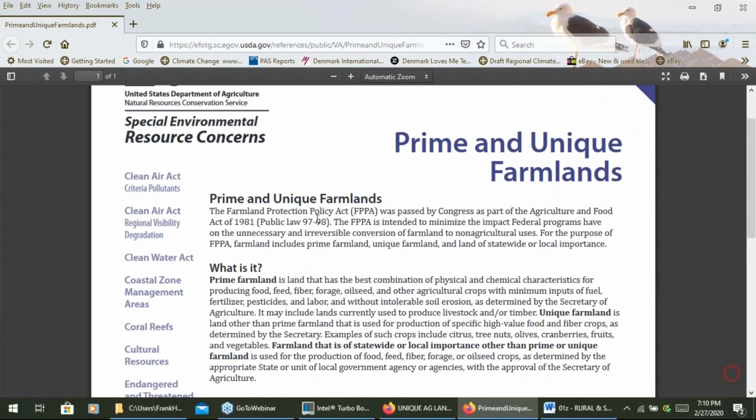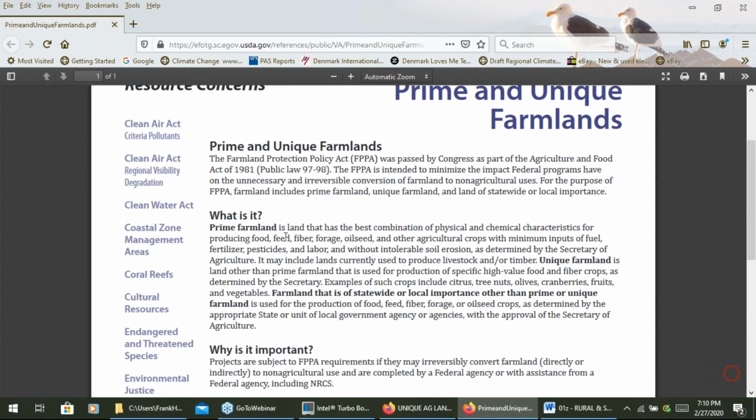All right. The Farmland Protection Act is part of... For the purpose of that act, farmland includes prime ag lands and unique ag lands. What is prime land? Prime farmland is land that has the best combination of physical and chemical characteristics for producing food, fiber, and other agriculture with minimum inputs of fuel, fertilizer, etc. It may include land currently in livestock or other uses.